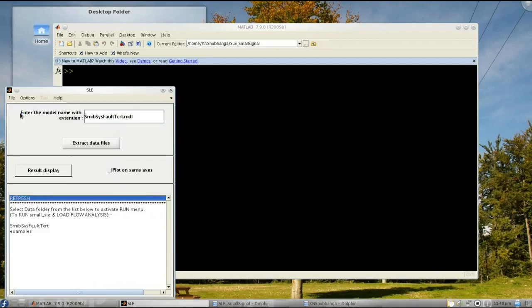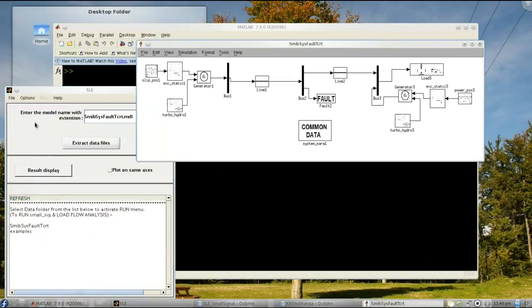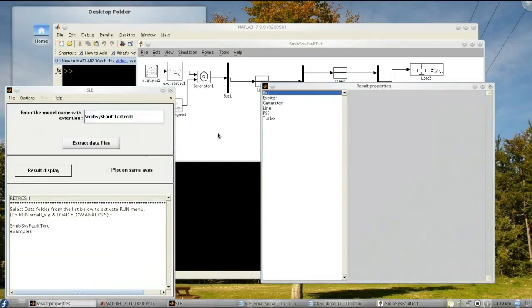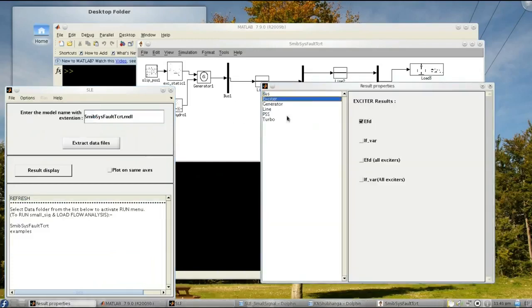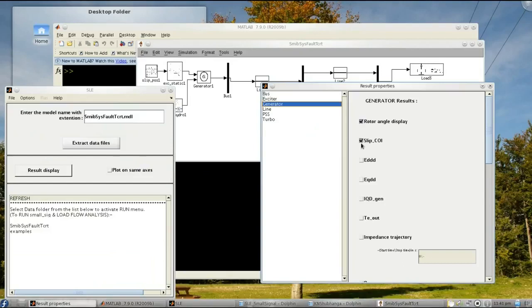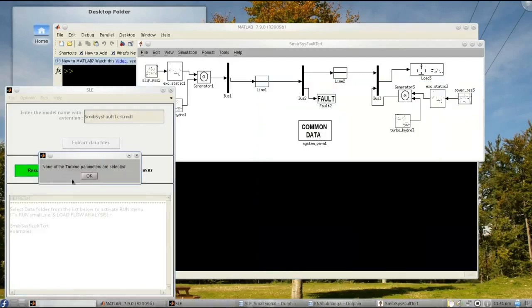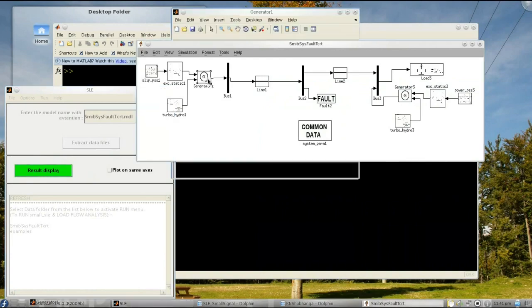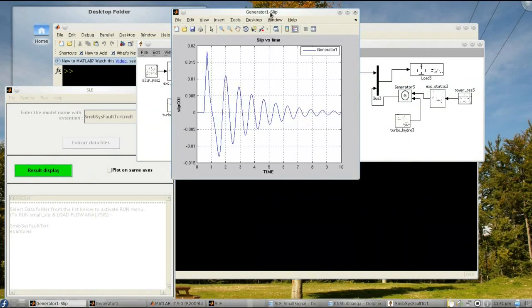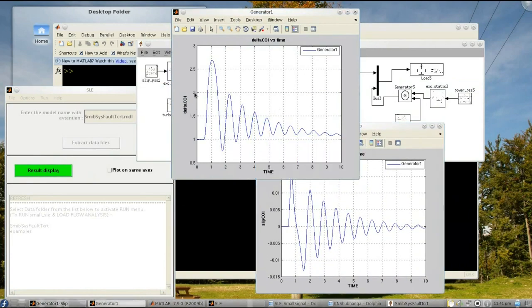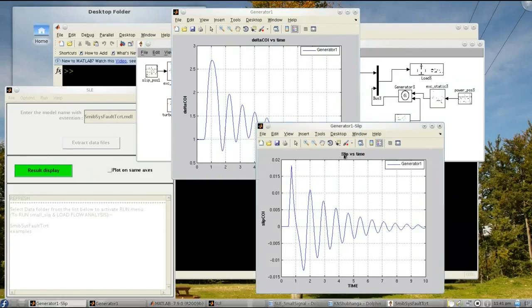So for visualizing the various graphical trajectories, opening the model and setting various variables in the result display properties. The slip and rotor angle trajectories for the generator.